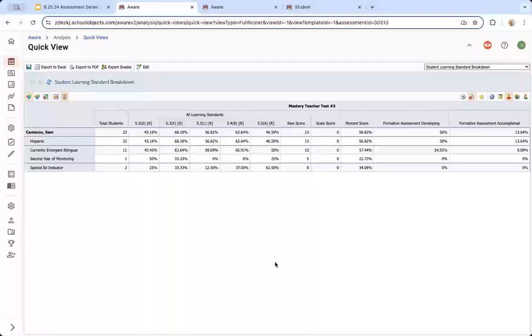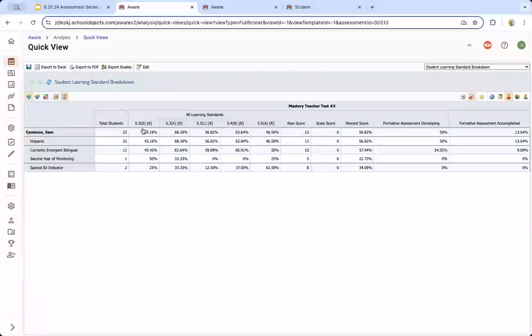For a lot of us, it may be as simple as readiness versus supporting standards. But when I look at this, all of these are actually reporting standards. They have the little R inside of them. So from that perspective, they're all pretty critical. So I might need to run this through the lens of which one is going to be the most helpful for the next unit or a later unit, or which one is going to give me the biggest bang for my buck as a general concept. Maybe which one is more highly tested on the state assessment.